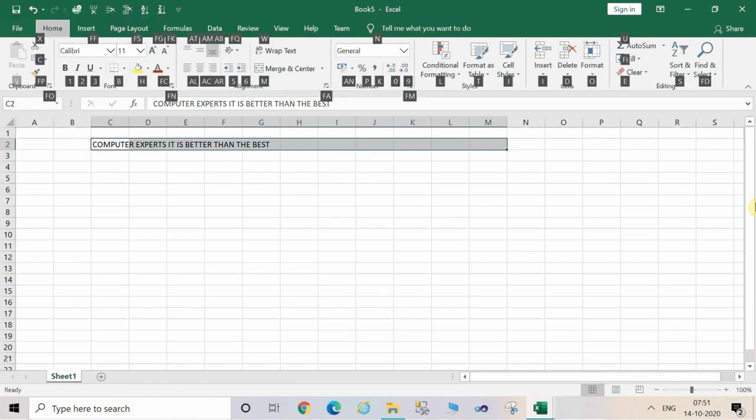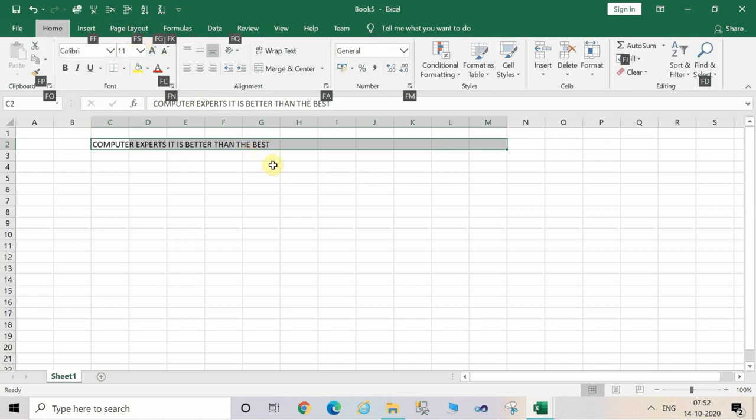When you press the Alt from the keyboard, then certain highlighted keys are visible on the screen. For home tab, you have to press the H, right? Now press the H from keyboard and now see the corresponding key for font size, which is Fs. Press the Fs from the keyboard to change the font size of the text.